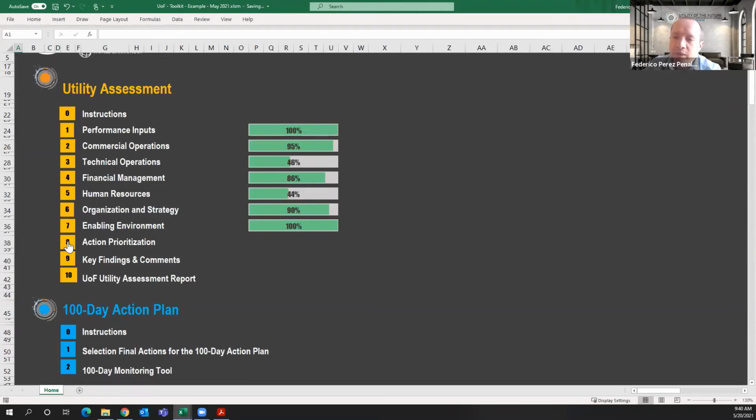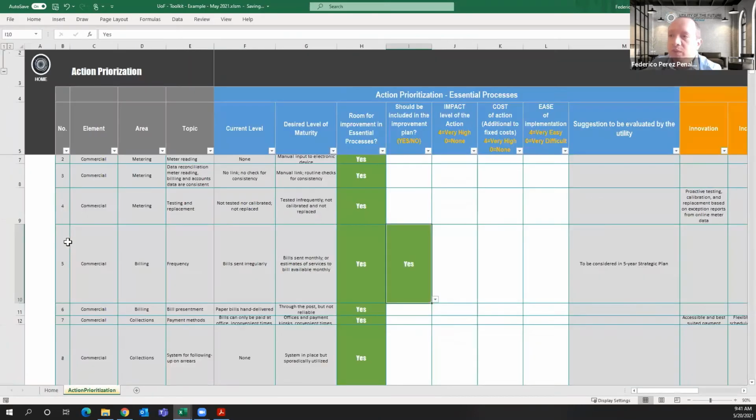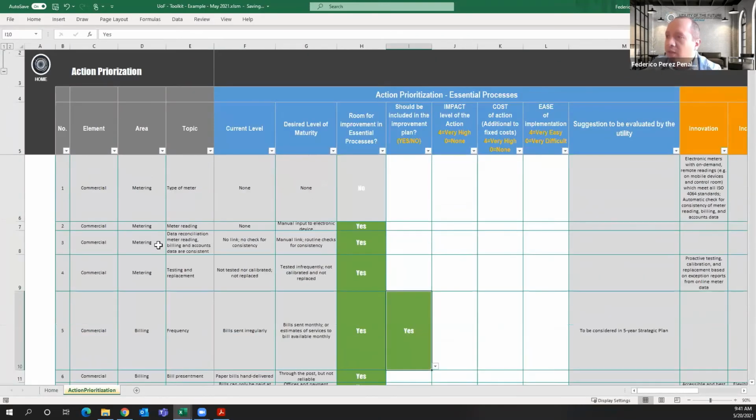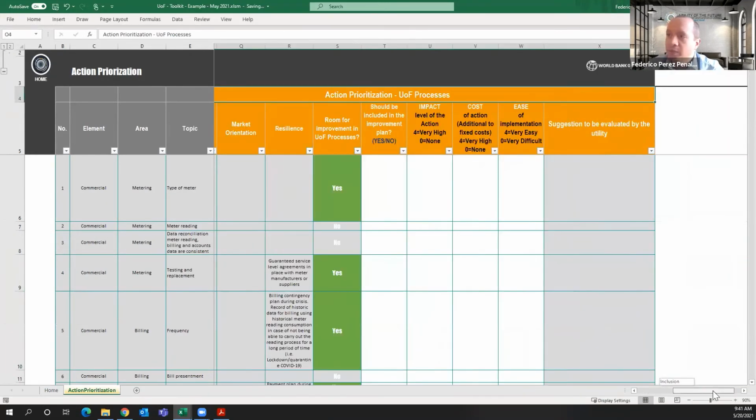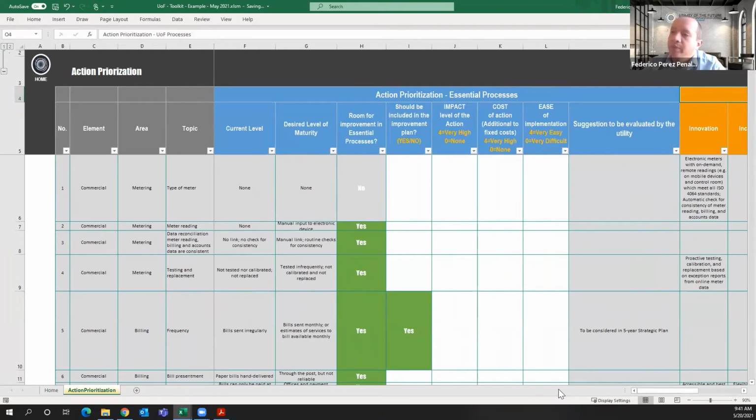Then you will find step 8, that is action prioritization, which is really important. At the end, the tool will give you something like that. Again, the blue section is related to essential processes. The orange section is related to the utility of the future dimension. And the tool in this particular step evaluates your current level, okay, you have here again the 90 elements, and the tool will give you